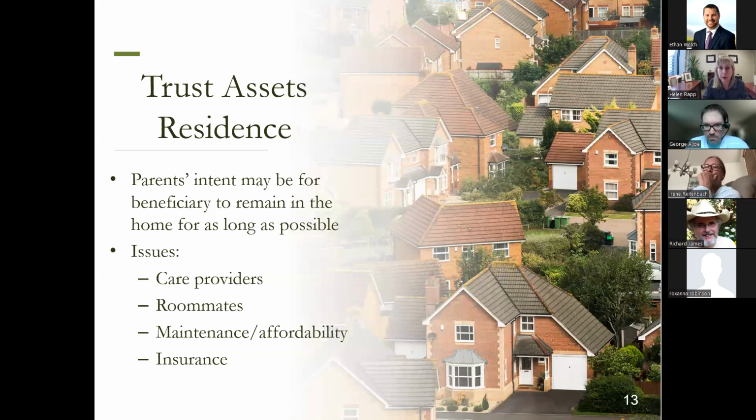A simple definition is that trust assets are assets that have been titled to the trust or otherwise assigned to the trust for the benefit of the beneficiary. And they can be almost anything. They can be bank accounts, stocks and bonds, investment accounts, real estate, vehicles, artwork, jewelry, any kind of tangible personal property. But it's very important that you remember,